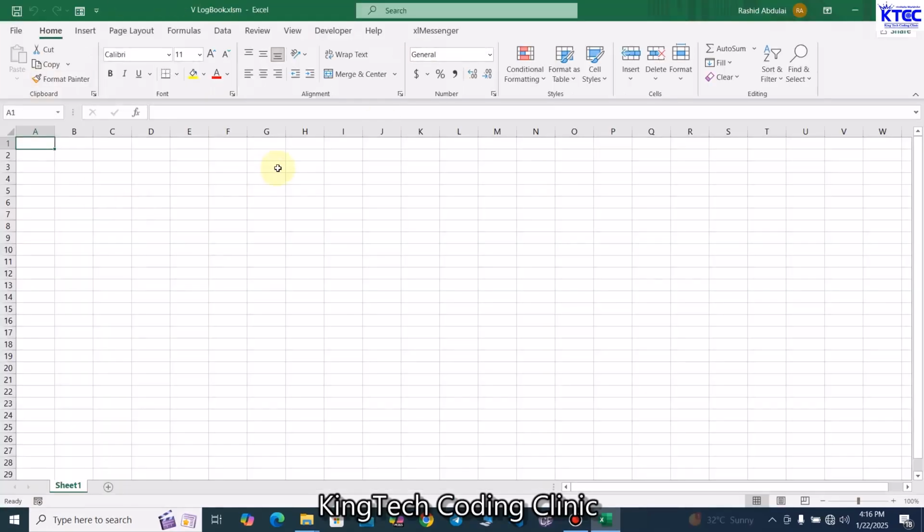So we have that here. Now we need the database, so we just create some columns for that. First of all, we need the ID, as the first column. Now the first sheet here should be named data. Let's name this data. So we have the ID, and then we have the date,